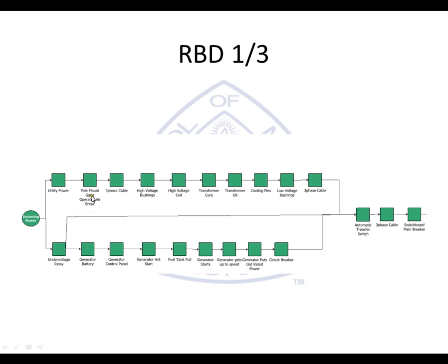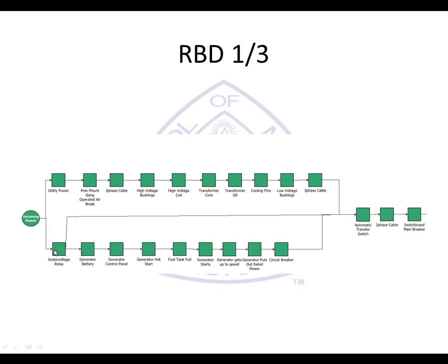It'll hit a pole mounted switch, and then it goes into the transformer, your high voltage bushings, your high voltage coil, transformer core, your transformer oil, the cooling fins for the transformer oil, and then the low voltage bushings, and then out to the transfer switch. If any of these units should fail, in theory it would just jump across to the backup, which is the